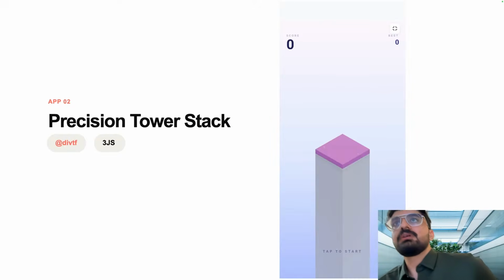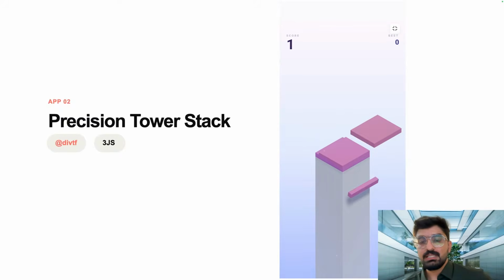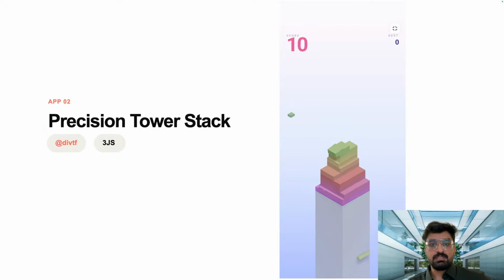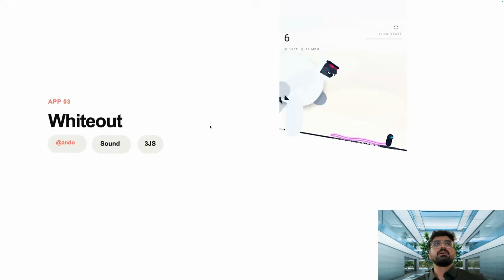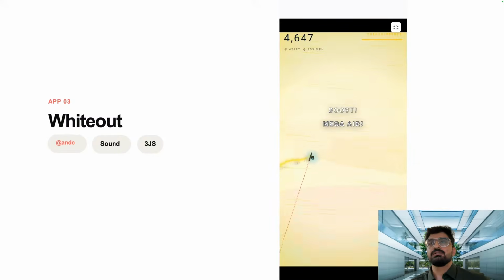This is a simple game. You would have seen this maybe on Instagram or something. So you'll see this. It's very easy to create experiences like this. These are very easy on the eyes, easy on the brain when you're using them. This also uses 3JS for all the animation work. Right. Another example of a 3JS game would be something like this slider. It's just a simple 2D game.